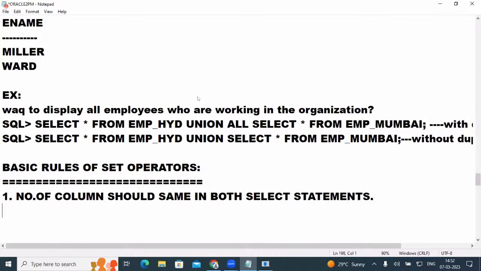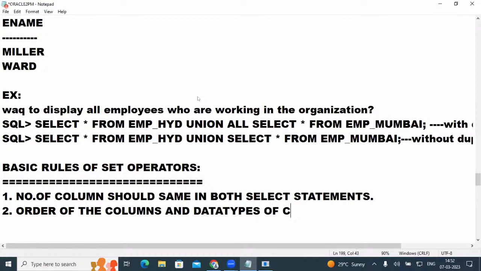Second point is the order of the columns and data types of columns. Data types of columns must match